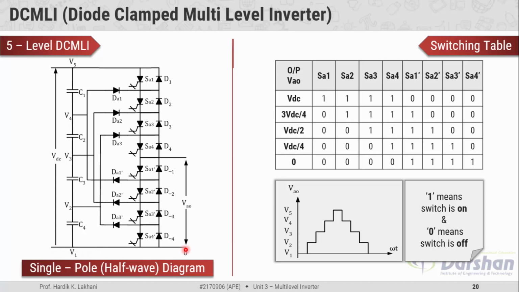To synthesize the shape of the output nearer to the sinusoidal signal, we must begin the cycle with the lower magnitude, and gradually the magnitude should increase, and after reaching the peak value the magnitude should reduce towards the zero value. By keeping the switching table and waveform in mind, let us begin to produce the half cycle of AC output signal.